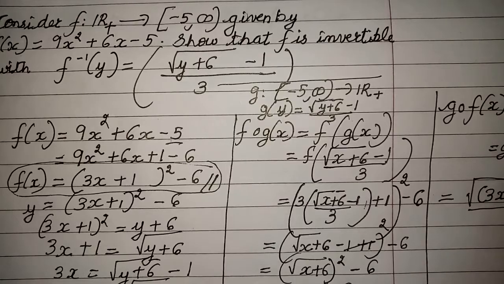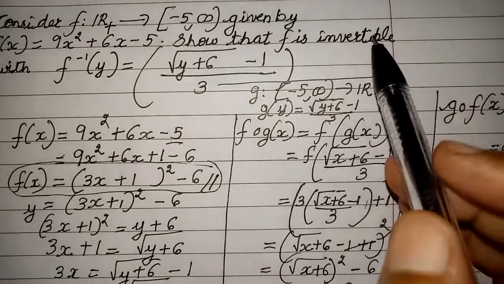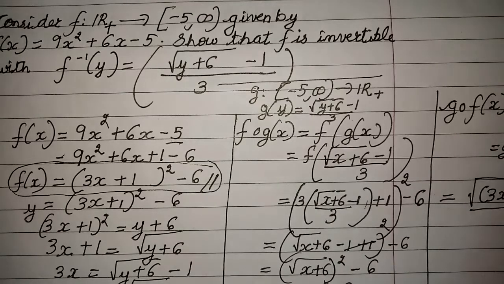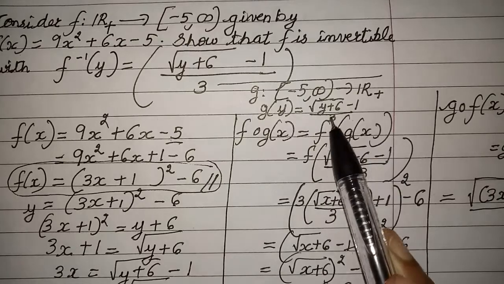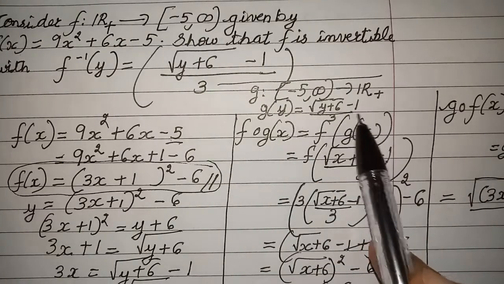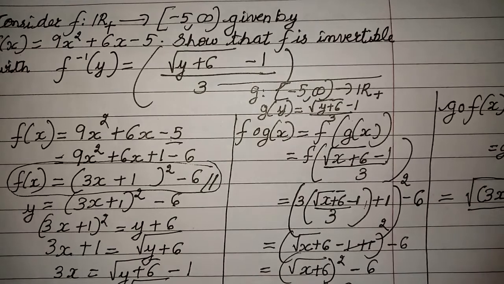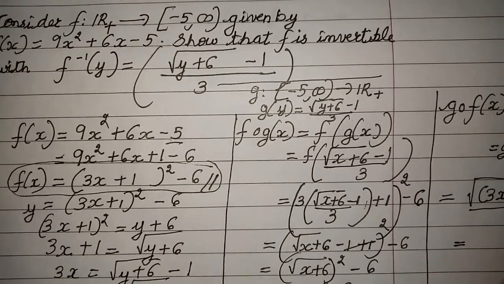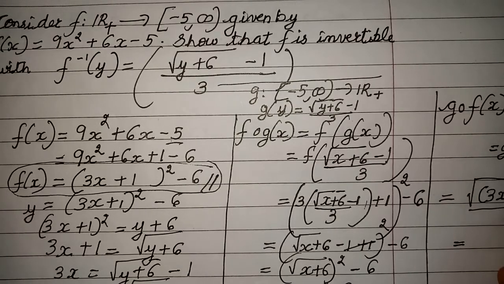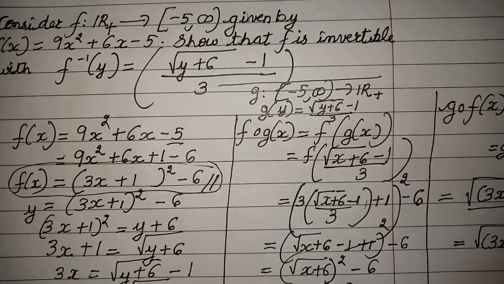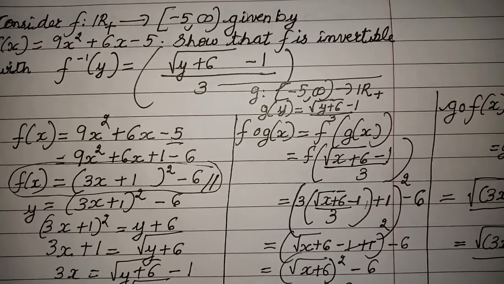Imagine this to be my y. If this is y, that means I have to take the square root of this full number, along with it I have to add 6, right? Same thing here, add 6, then subtract 1 and then divide by 3. Alright, so minus 6 and plus 6 will get cancelled here, children. So similarly this will reduce to 3x plus 1 the whole square minus 1 upon 3.